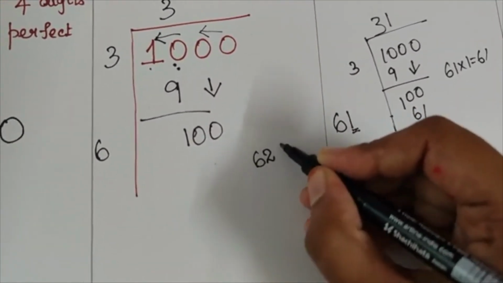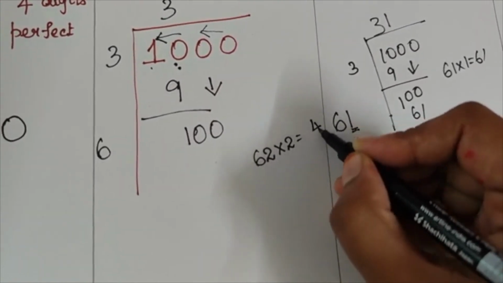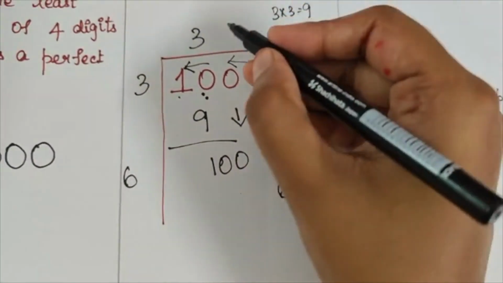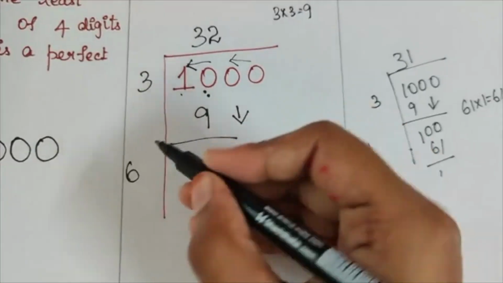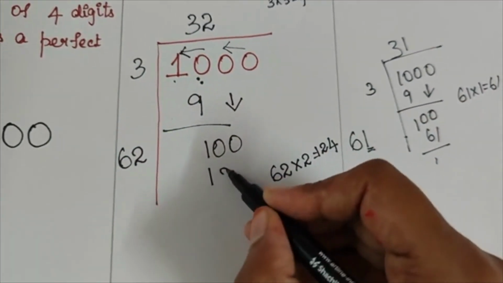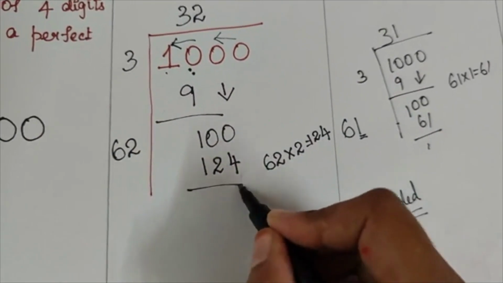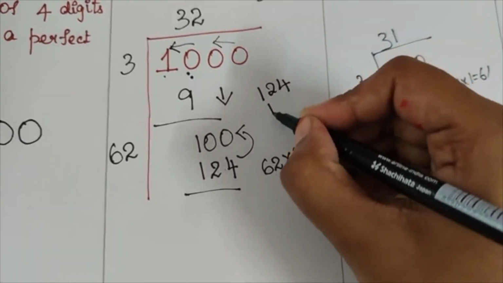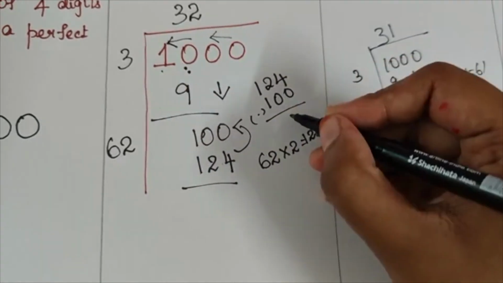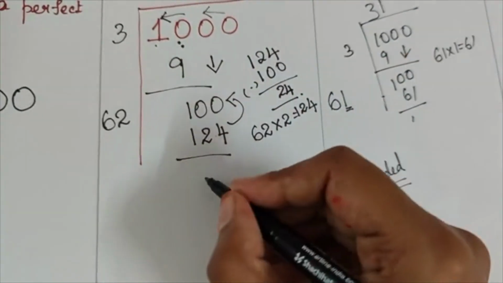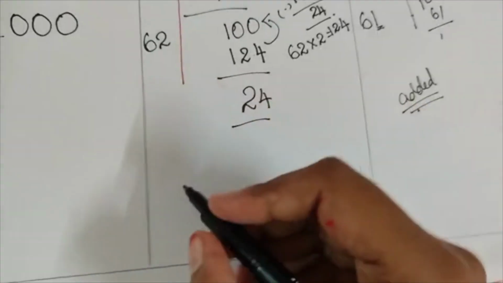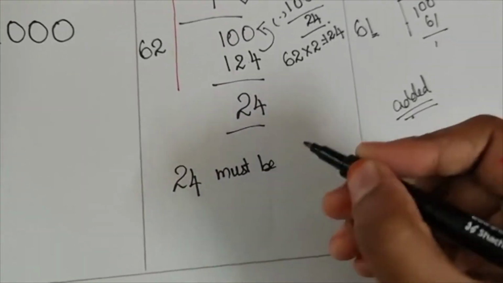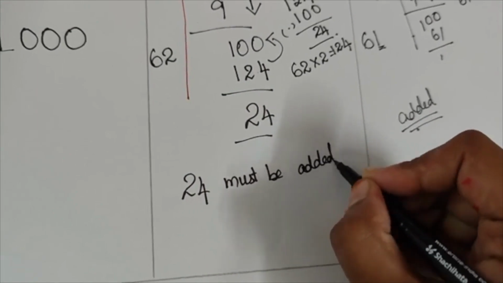So 62 into 2. 2 2s are 4. 2 6s are 12. So 124. So let me put 2 here. Here also 2. 124. After writing the number, we should subtract the smaller number from the bigger number. 124 minus 100. The answer is 24. So what must be added? 24 must be added